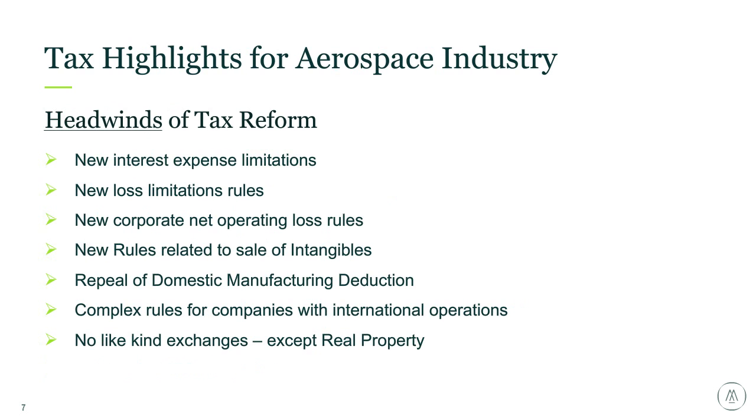Okay, going into some of the headwinds, there's a list here of several of them. I'm going to highlight a couple again because we're not going to go into detail on them. One of those is the new loss limitation rules for flow-throughs. I'll do a quick example: if you had a flow-through loss of $2 million from your flow-through entity and you had other ordinary income on your 1040 of $2 million, normally under old law those would have netted and you would have had zero net income.